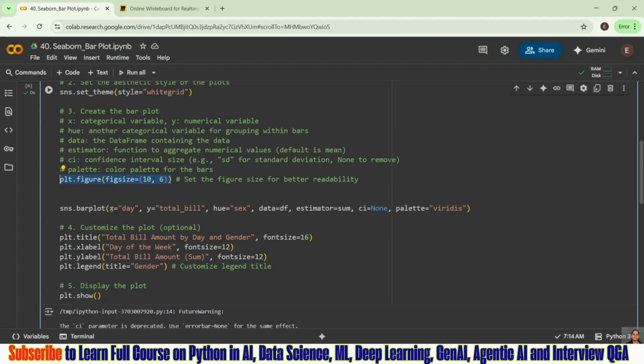Then in the case of bar plot, you just need the basic understanding of what is hue, what is size, because those are repetitive things in all plots. Then for customization, we need the basic things that are title, label, legend, and grid. If you remember these things, it will be very easy to plot on all your datasets. Whichever dataset you take, it is easier for you to plot.